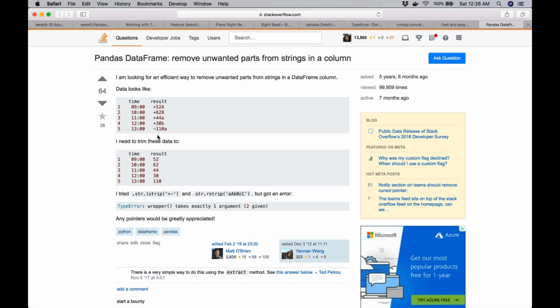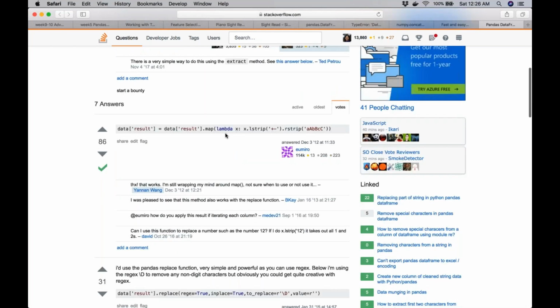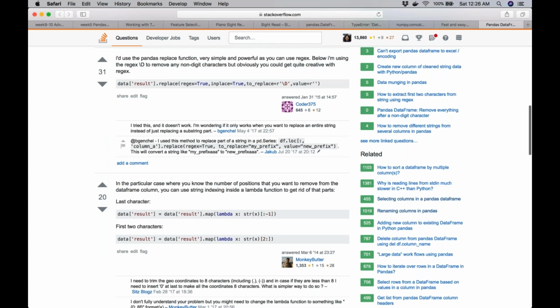There's a plus and minus, and there is also alphabet. The only thing that he's interested in is the number. So he doesn't want this plus minus sign and those alphabets. It's an old answer, so it's done using map, but I'm sure there would be a newer answer.